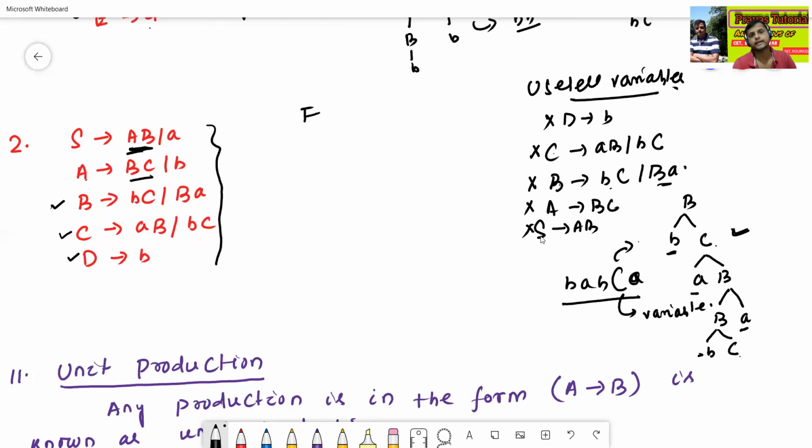Now we'll check the final context-free grammar.